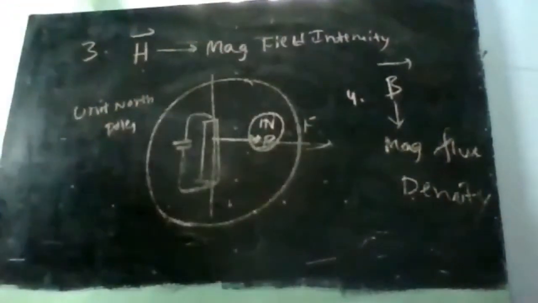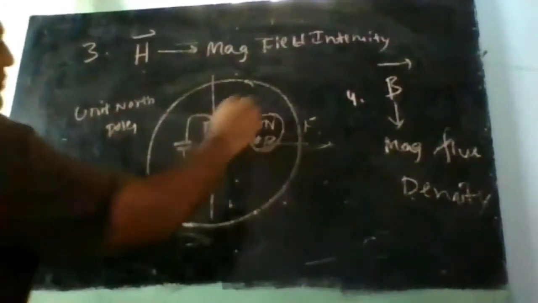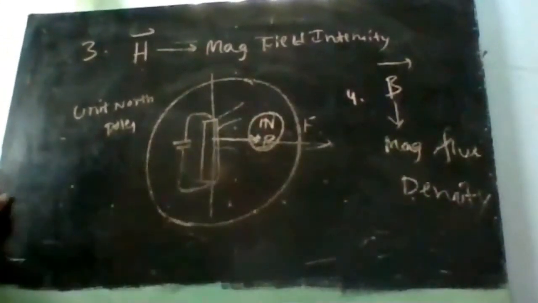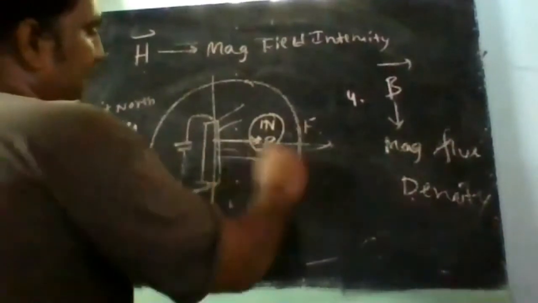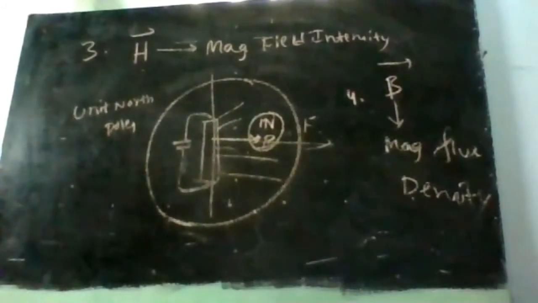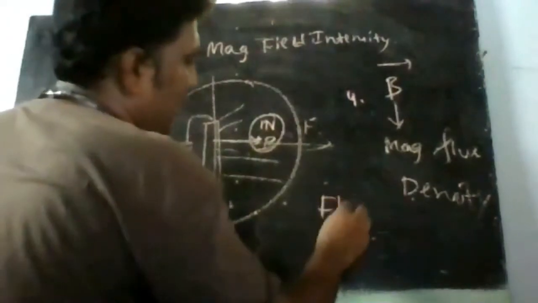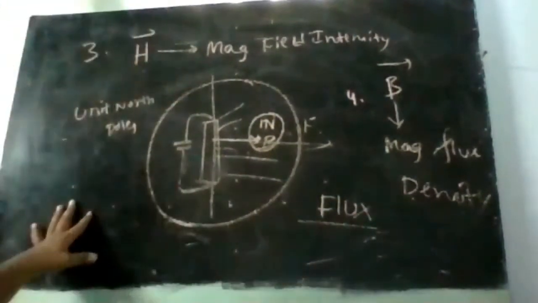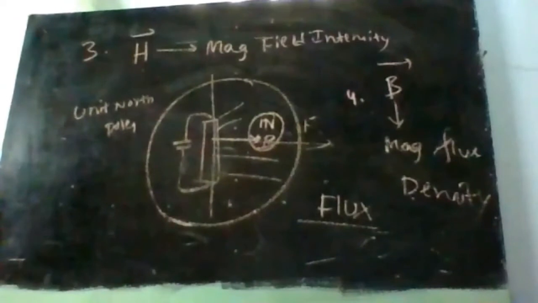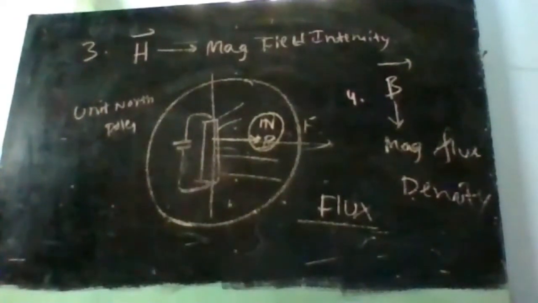Faraday, the same person, has said that the magnetic force that you produce will be in the form of lines, which are called magnetic flux lines. I will stop with this small topic. The magnetic field that is produced around the current carrying conductor will exist in the form of lines. Such lines are called flux lines.